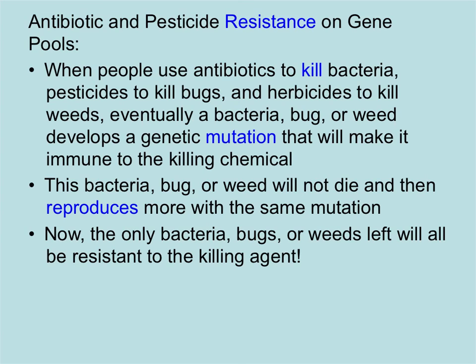Anyway, when we continue to use things like antibiotics and pesticides and herbicides, then eventually there's going to be a genetic mutation that develops in the thing that we're trying to kill that's going to make it to where that chemical doesn't kill it anymore. Like in the case of bacteria, if you have a genetic disease like cystic fibrosis that gets frequent lung infections and they keep giving you the same antibiotic over and over, eventually you're going to have a bacteria in your body that mutates and that antibiotic is not going to work anymore. And then they might die from that lung infection. So that's kind of what we're talking about here.